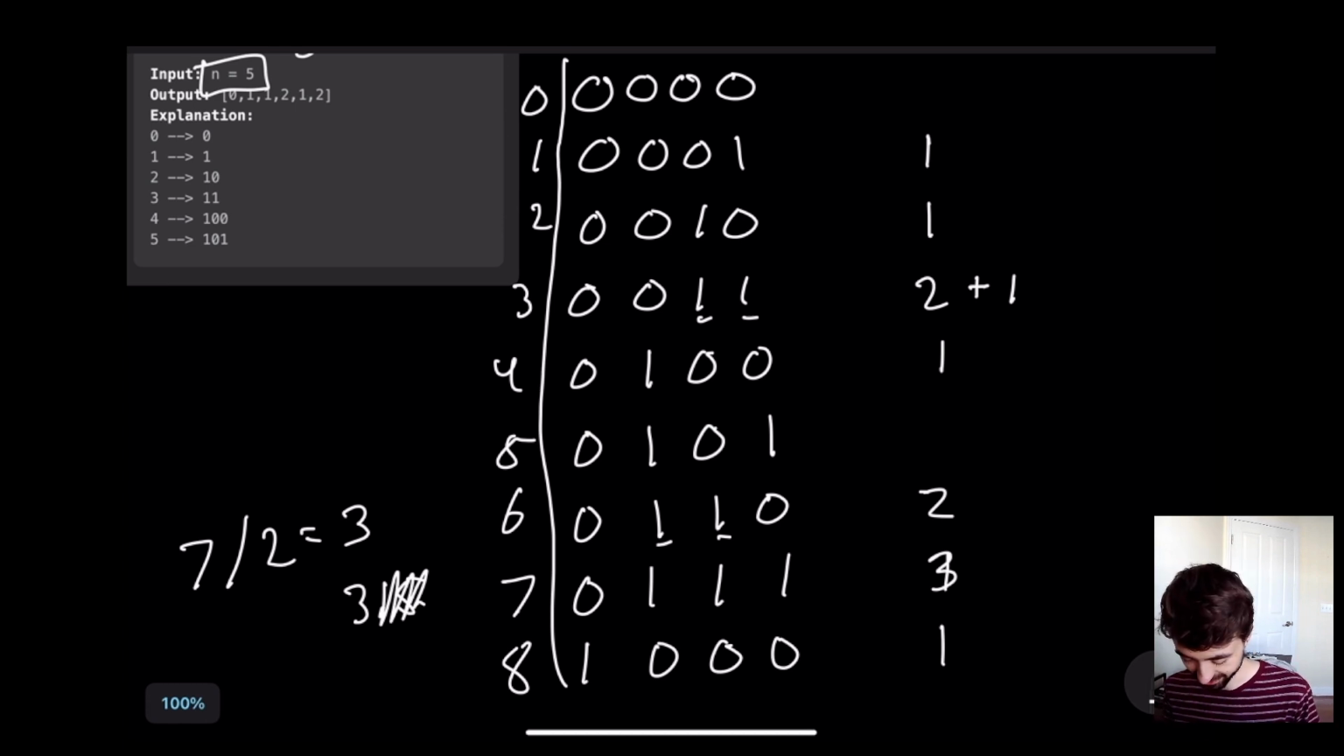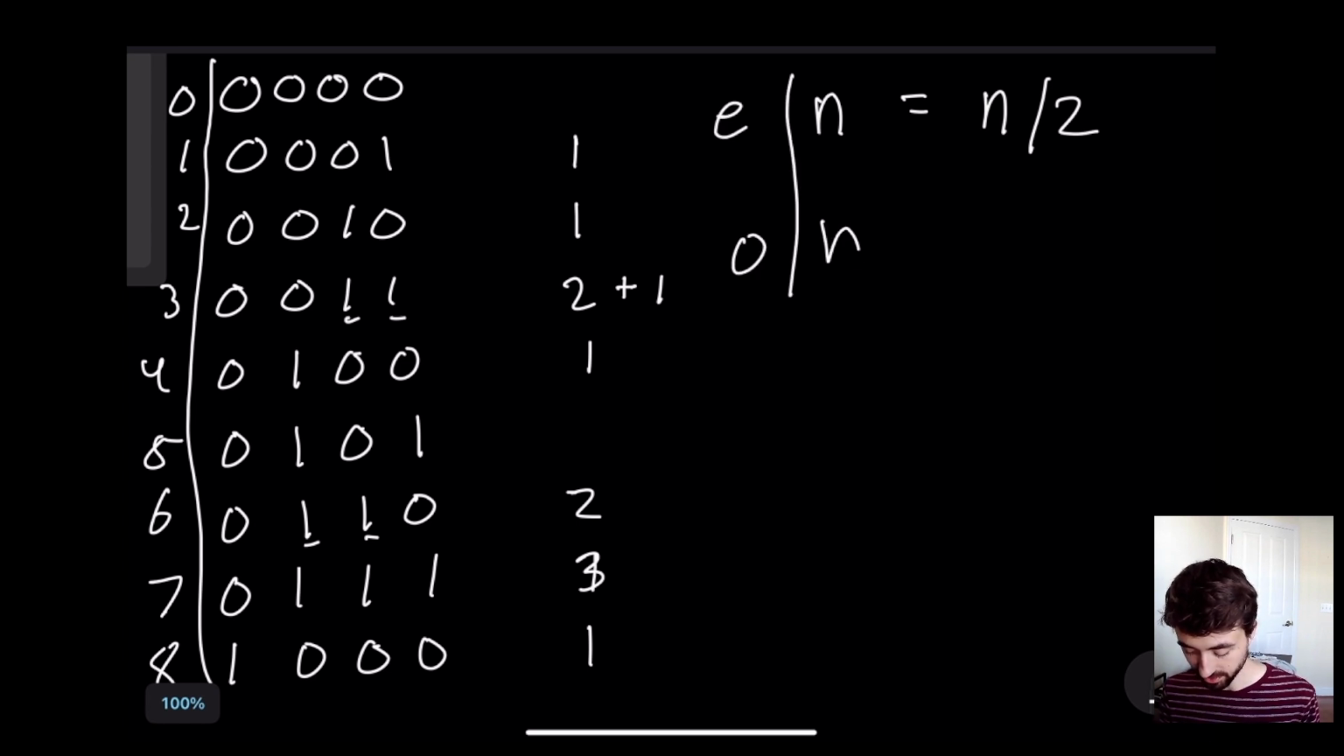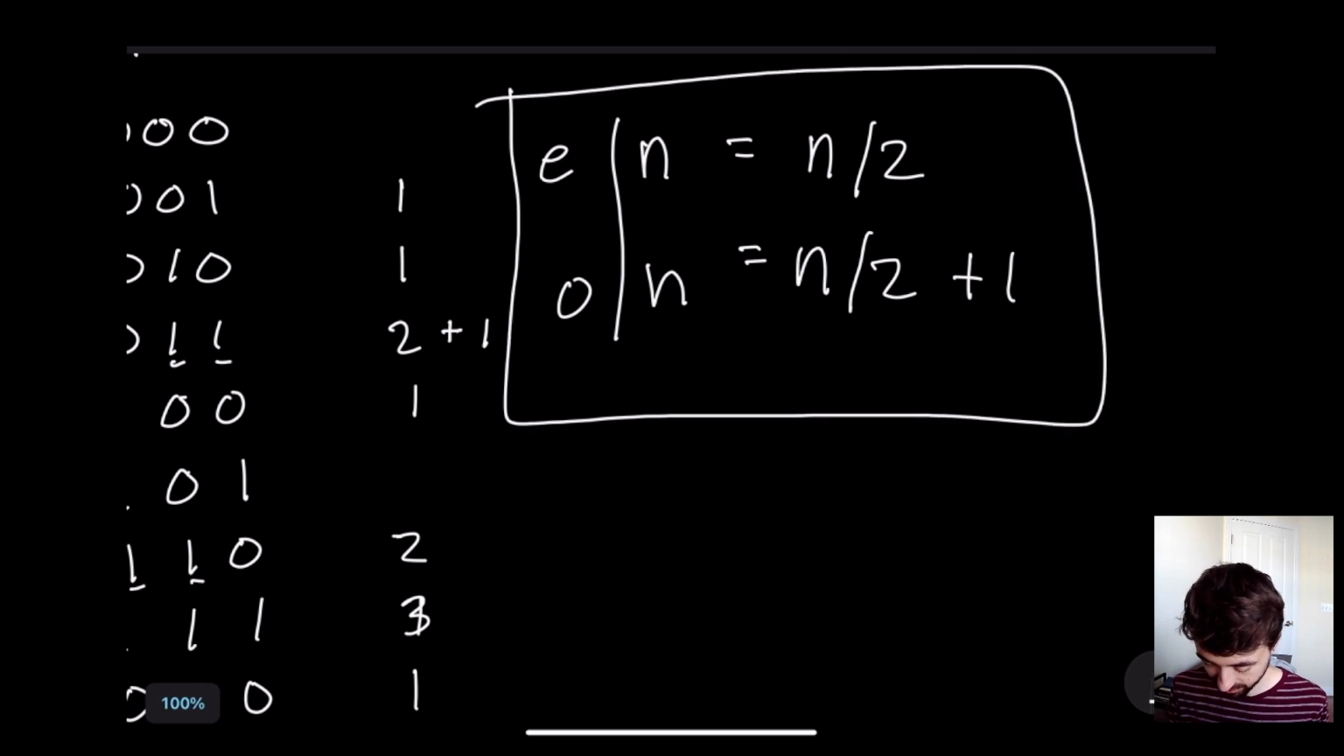Why am I telling you all of this? Well, that's because the pattern here is a known pattern, and that is that for any binary number n, if it's even, the number of 1s in n is equal to the number of 1s in n divided by 2. This is for even. If it's odd, the number of 1s in n is equal to the number of 1s in n divided by 2, plus 1. This is the secret to this problem,